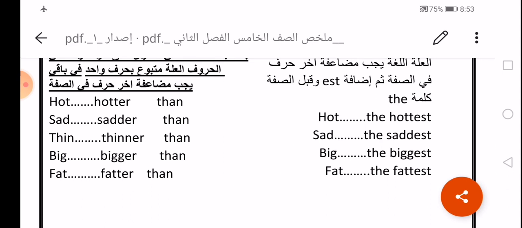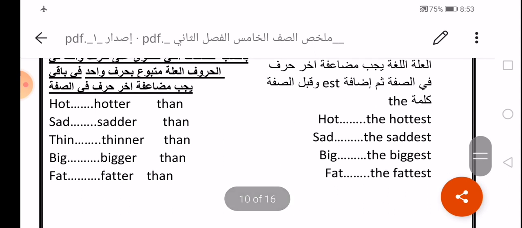H-O-T-T-E-R. Why? Because there is one vowel letter, O. Another one, sad: S-A-D. A is a vowel letter. So in this case, if we need to compare between two, we are going to double the last consonant letter. D is going to be written twice, and then we are going to add -er